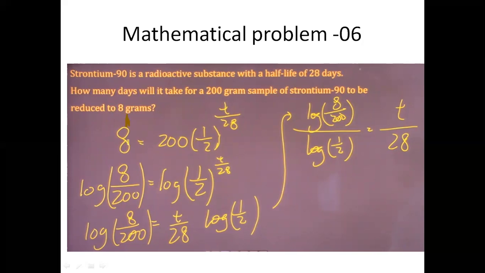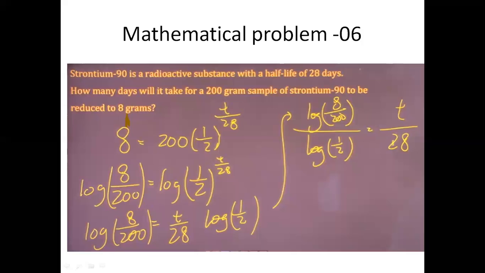the ending substance quantity, and this is the initial quantity of the substance. We see in our first slide the equation N equal to N naught half to the power t over t half. By putting all this below, we can take log on both sides, and after that we can write log of 8 by 200 divided by log half is equal to t by 28,